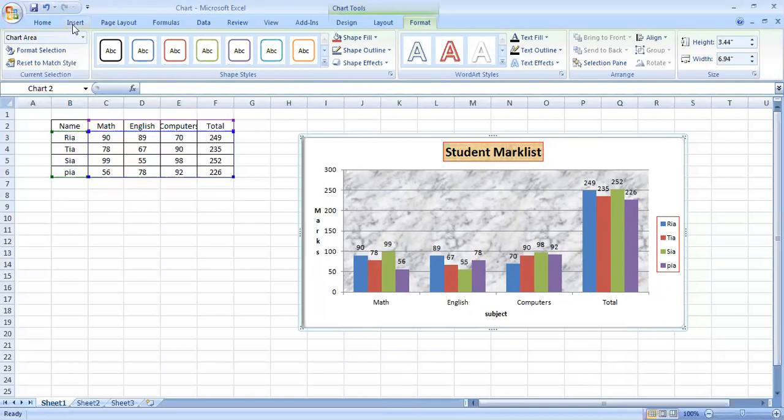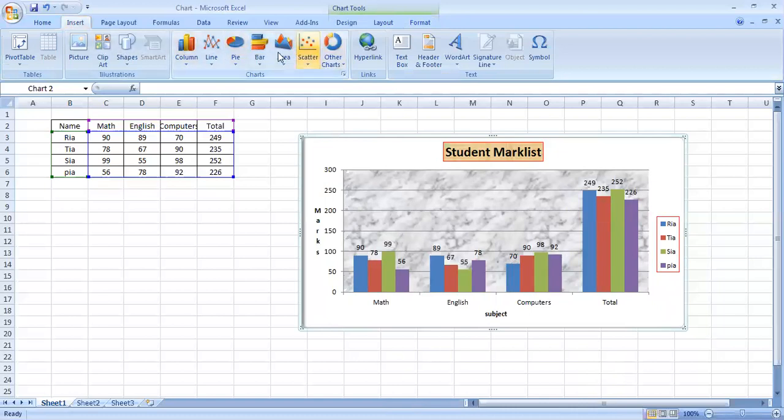Coming back to the Insert tab, you can see that here we have different charts. At home, if you have the resources, computer or laptop available with you, you can go for some practicals. It is not compulsory. If you don't have resources, just keep on watching different videos which I will be sending to you. That's enough. But if you have resources, you can try out whatever I have told you. Just try to insert two or three types of chart. You don't have to insert all the charts. You just have the theory part for your exam. So just try inserting column, bar, and pie chart. If you deal with three practicals, your concepts will be fully clear.